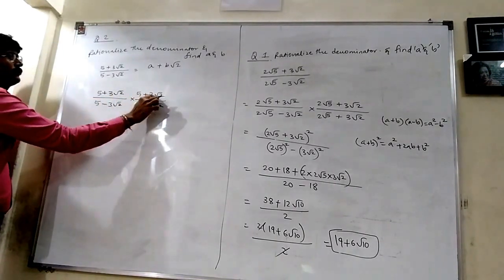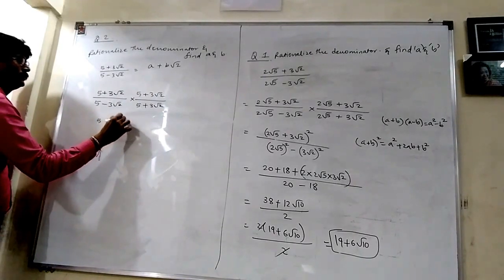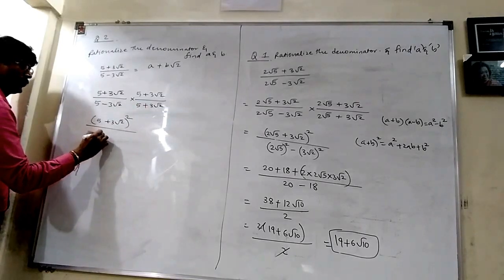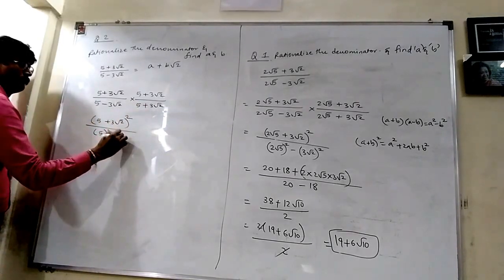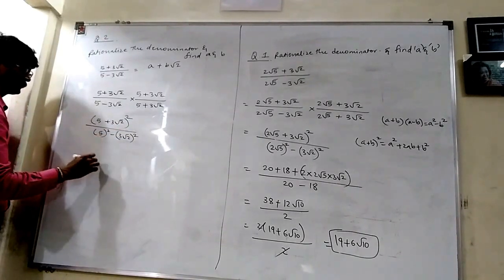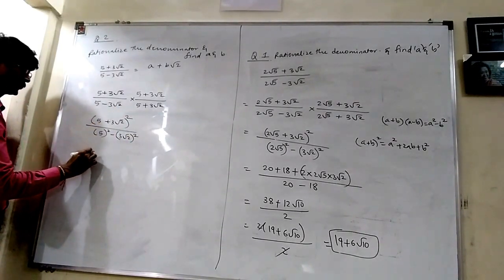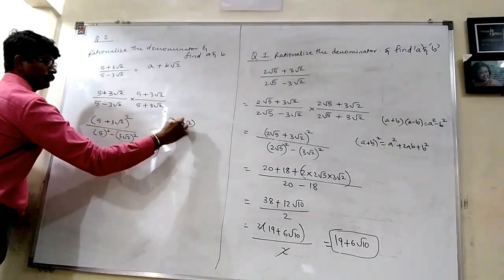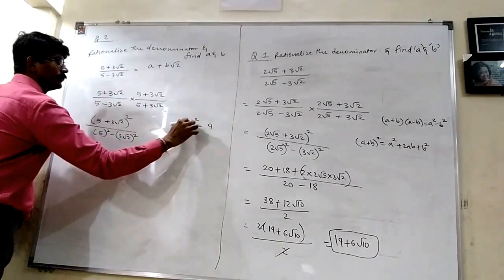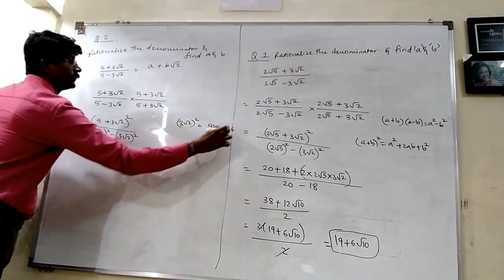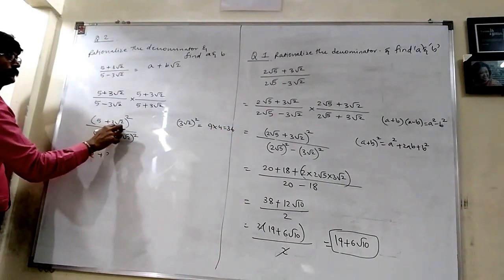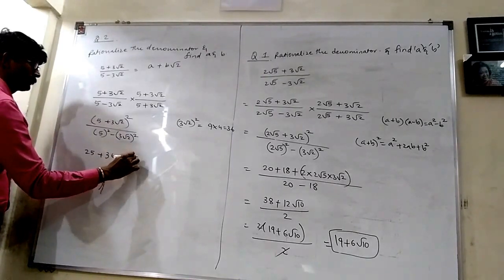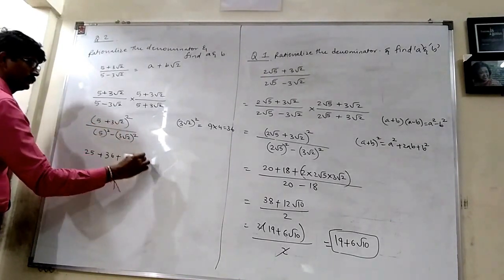Now this is a plus b, a plus b. So this will become 5 plus 3 root 2 the whole square, and in the denominator a minus b into a plus b, so it will become a square minus b square. And that can be done as a plus b the whole square, which is a square plus b square, that will become 3 root 2 square. So 3 square will become 9, root 2 square will become 2, and 9 times 2 is 18. You can do this in rough form. So 3 root 2 square will become 36 plus 2 times a into b, 3 root 2.